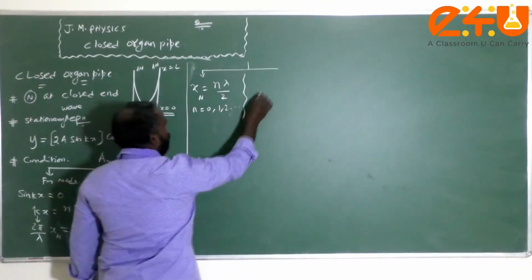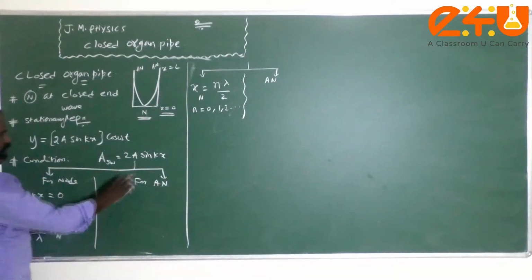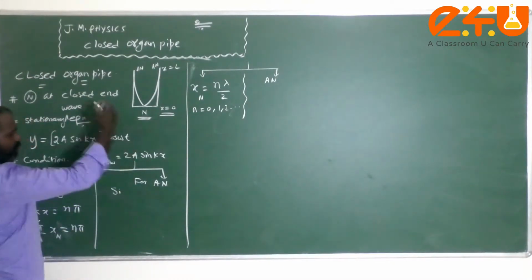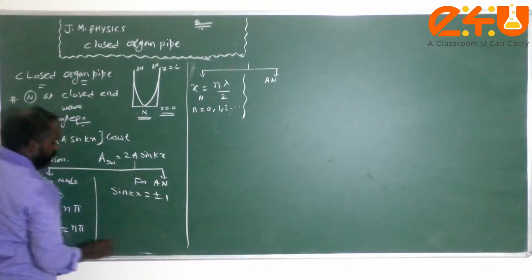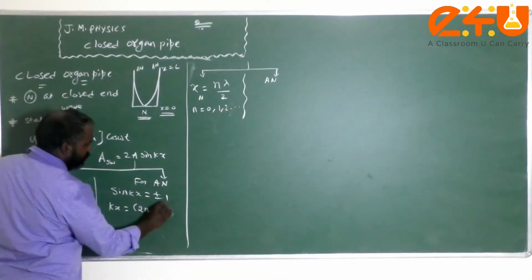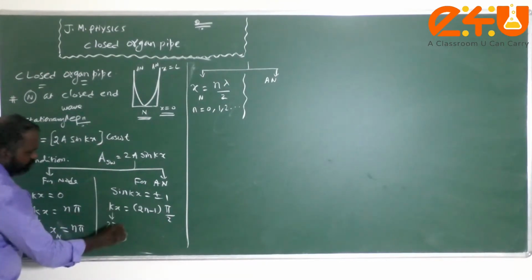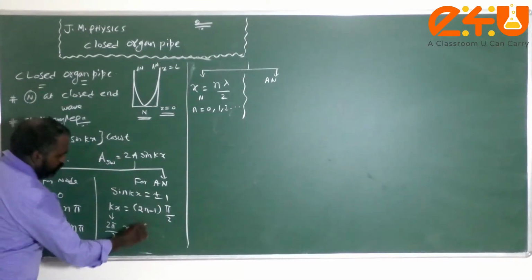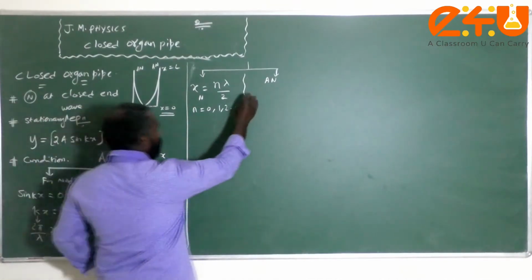Similarly for the antinode, the amplitude of the standing wave should be maximum, either along the positive or negative direction, that is plus or minus 1. So sin kx should be plus or minus 1, that is kx equal to (2n minus 1) pi by 2, with k equal to 2 pi by lambda as the wave number formula. The corresponding position is x antinode, equal to (2n minus 1) pi by 2 divided by k. So pi cancels, and therefore x antinode equals